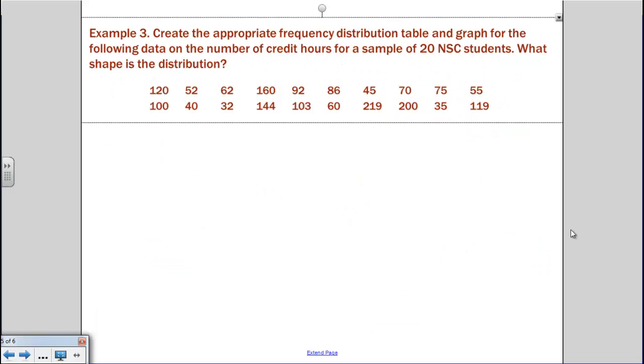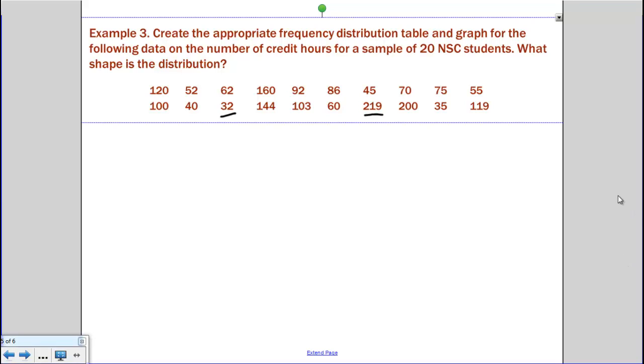So example 3 is quite similar to example 2, where you're being asked to create an appropriate frequency distribution table and graph and identify the shape of the distribution. And if we're looking at this data, remember, we have to think about what's the appropriate frequency distribution table. Do I have a large range of values in my data set or a small one? I'm looking at this data and I see a high point of 219 is my largest value in my data set right here. And 32